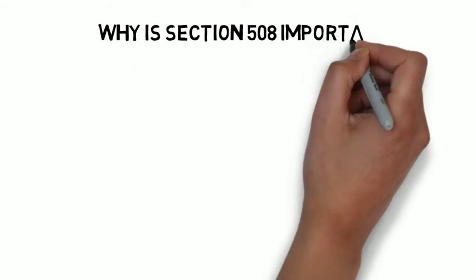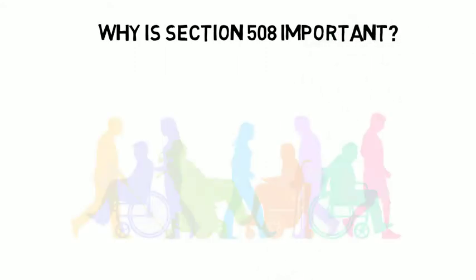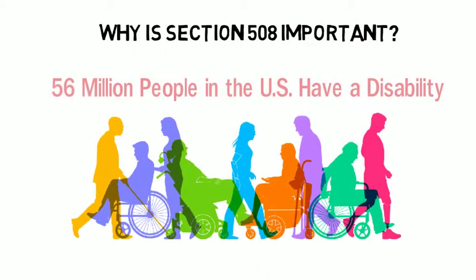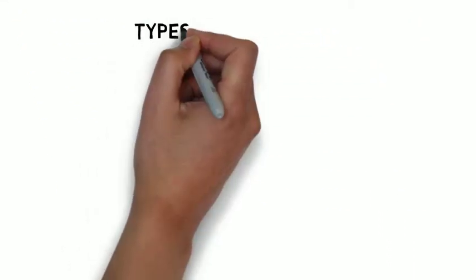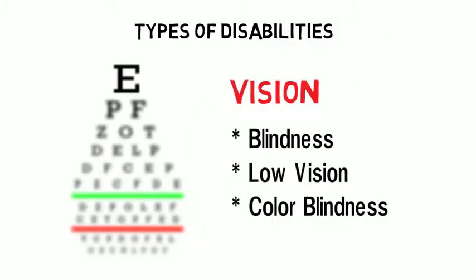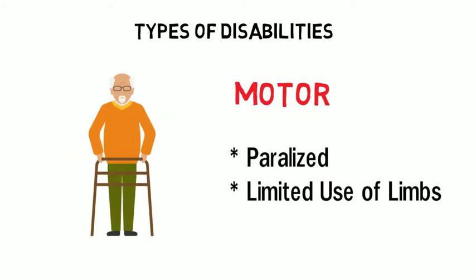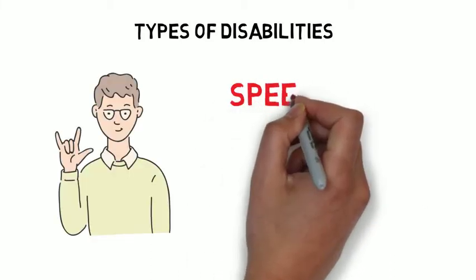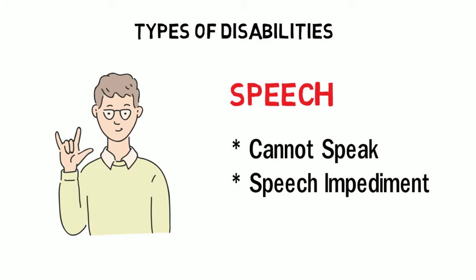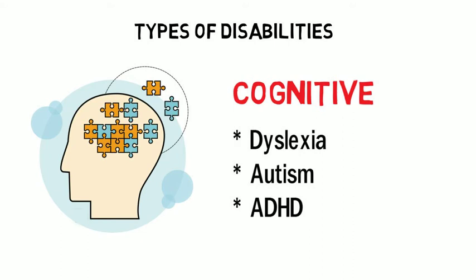Why is Section 508 important? There are more than 56 million people in the U.S. with a disability, and this number is growing. The 5 major types of disabilities are vision, including blindness, low vision, and color blindness; hearing, people who are deaf or hard of hearing; motor, where someone may be paralyzed or not have the use of certain limbs; speech, people who are not able to speak or who have a speech impediment;